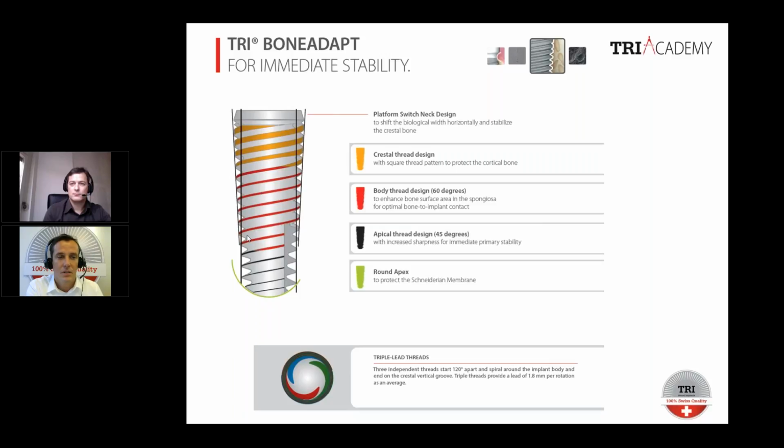and this gives you a good high primer stability. And also in the middle part, we have a 60 degrees angulation of this triangle, as you can see here, which gives you also in the spongiosal part of the bone a nice primer stability, which is really important in the immediate placement technique. And then on the top part, we have the square thread pattern here, so it's slightly flattened out, so the crystal area is not compressed too much, the bone is not compressed too much, which is important too, to have